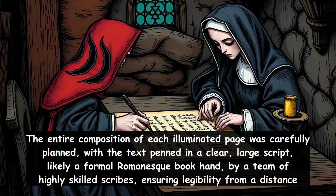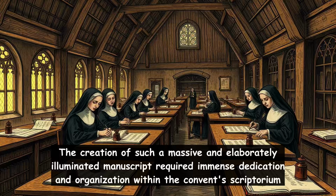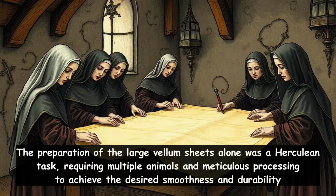The entire composition of each illuminated page was carefully planned with the text penned in a clear, large script, likely a formal Romanesque bookhand, by a team of highly skilled scribes, ensuring legibility from a distance. The creation of such a massive and elaborately illuminated manuscript required immense dedication and organization within the convent scriptorium. Preparation of the large vellum sheets alone was a Herculean task, requiring multiple animals and meticulous processing to achieve the